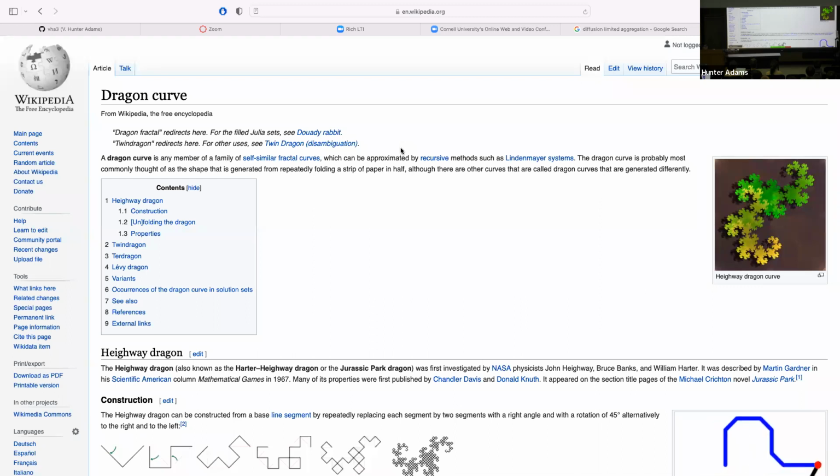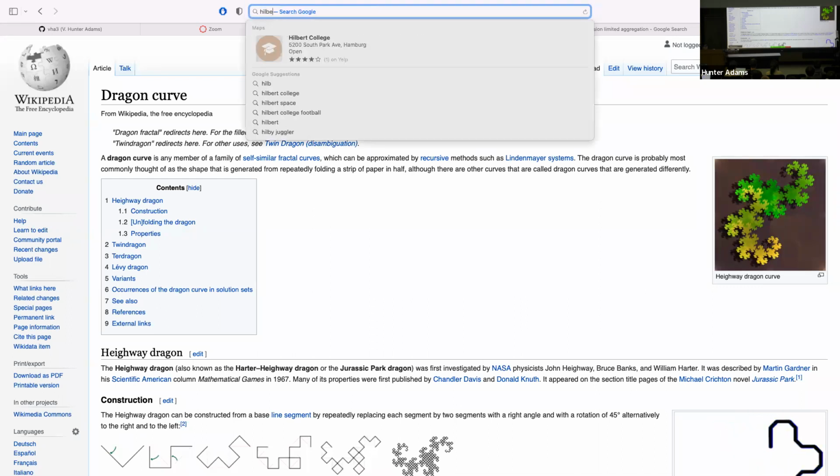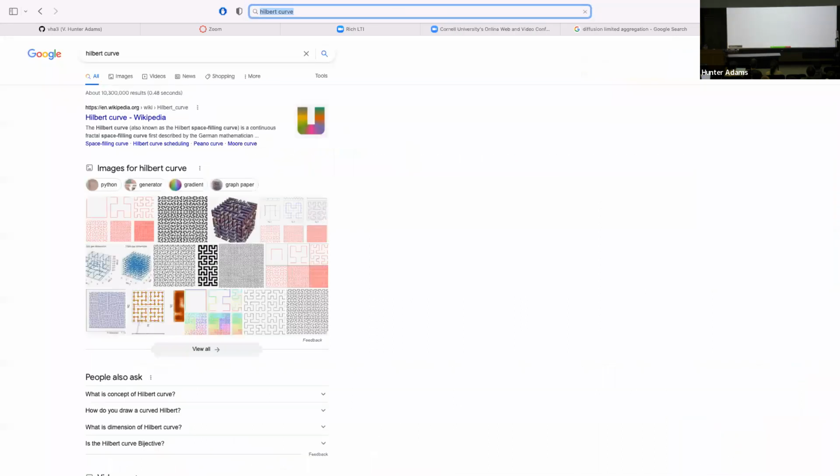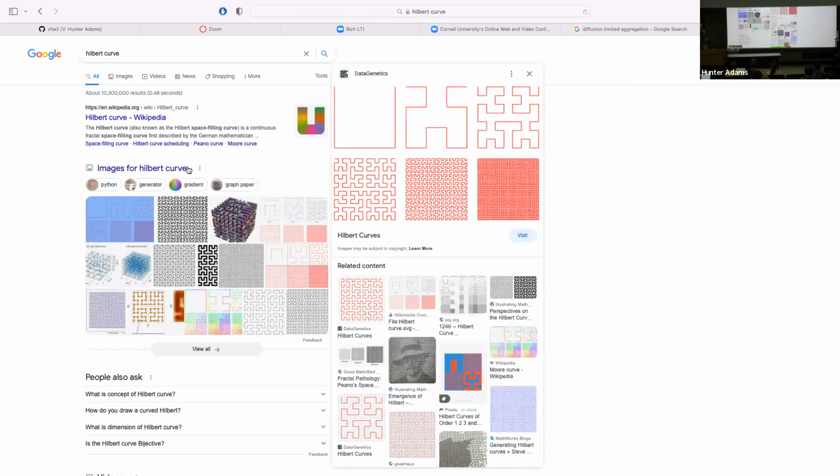Okay, I said last one. I wanted to show you one more, the Hilbert curve. Have folks heard of this? This is what's called a space-filling curve. So it's a line, but this line is drawn in such a way that it's another fractal curve. If you run this over and over and over again and add fractal resolution, it ends up filling the 2D plane. So it's a line that entirely fills the 2D plane.